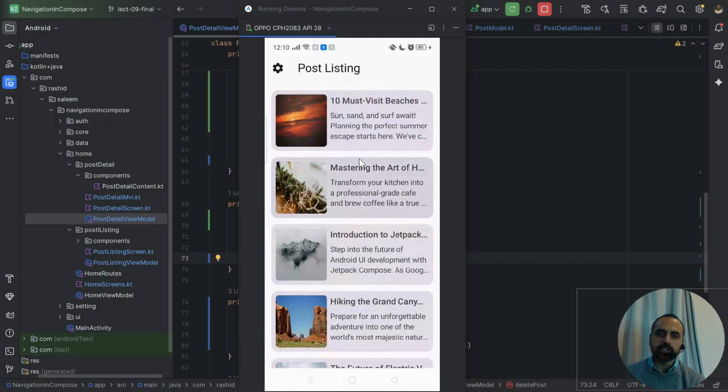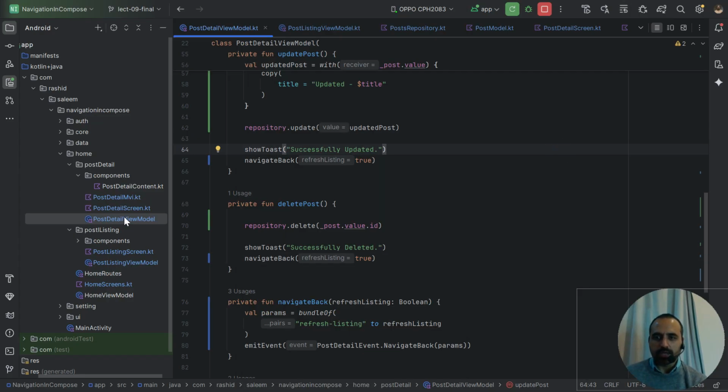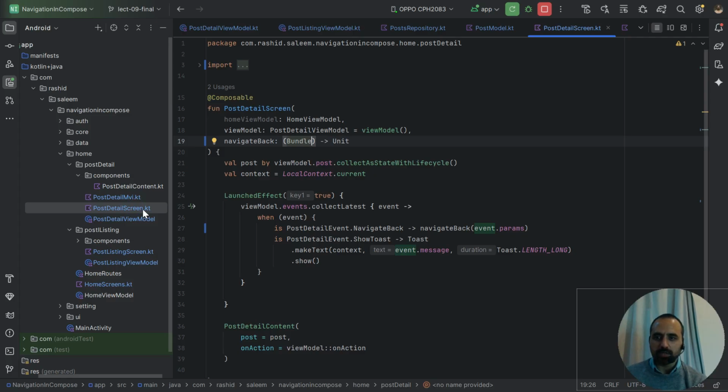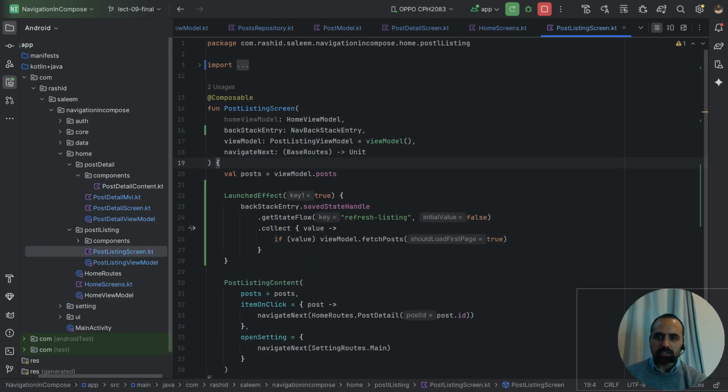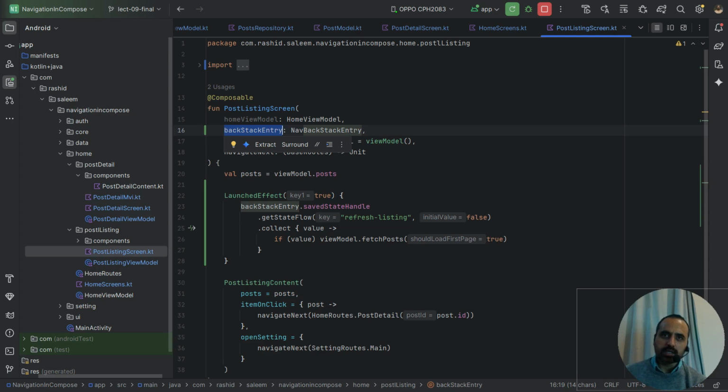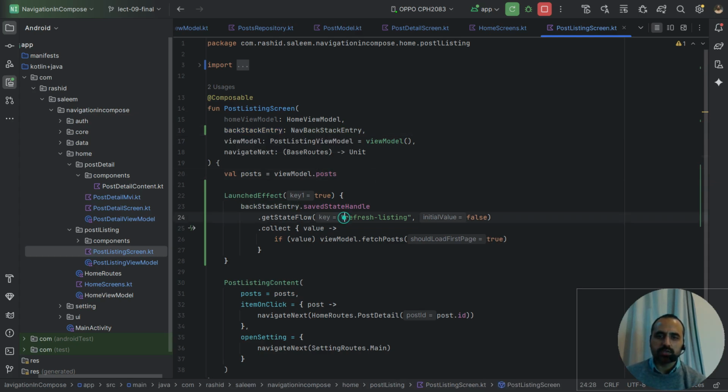So we have achieved the functionality with the first approach, where we pass the data to the previous screen through SavedStateHandle. There are certain drawbacks of this one: we are doing tight coupling of our navigation with the UI side, since we are passing the navigation component to the UI side. So this is the first drawback, and the second drawback is that we are introducing string keys, which are error prone. So yes, someone can say that we can create a separate constant data class and